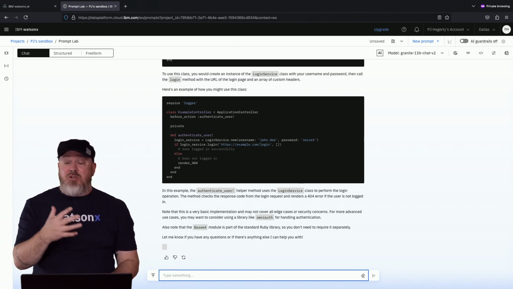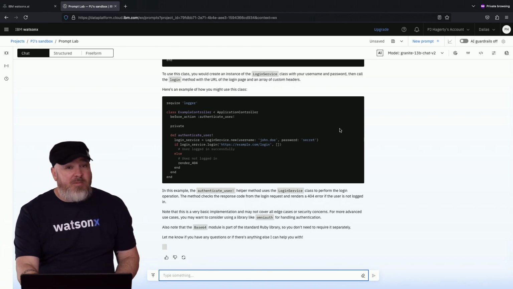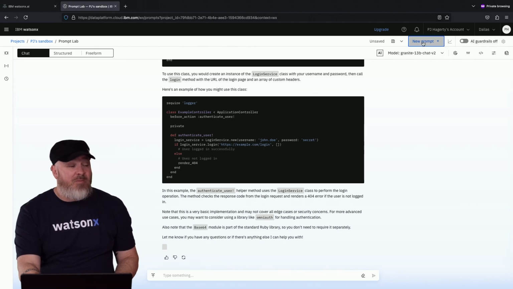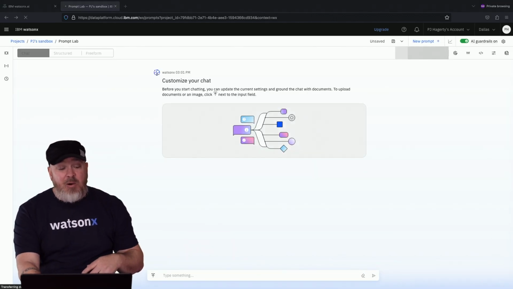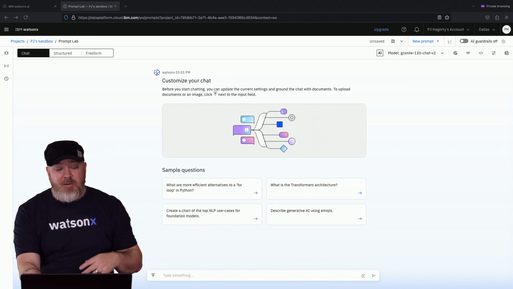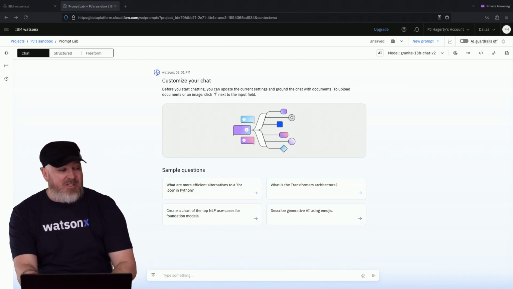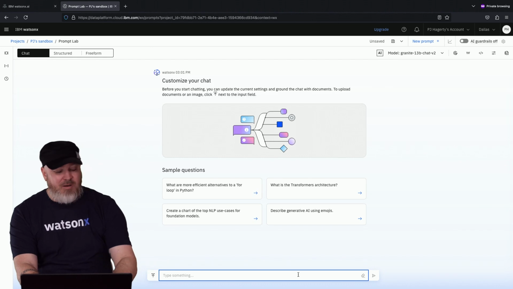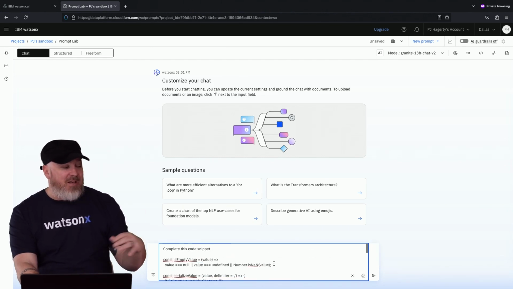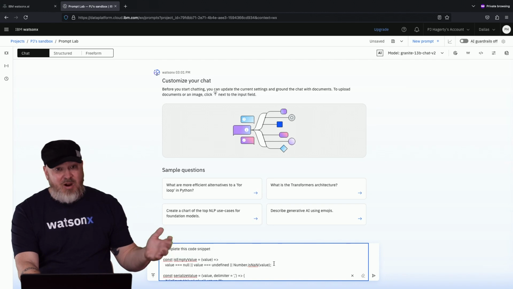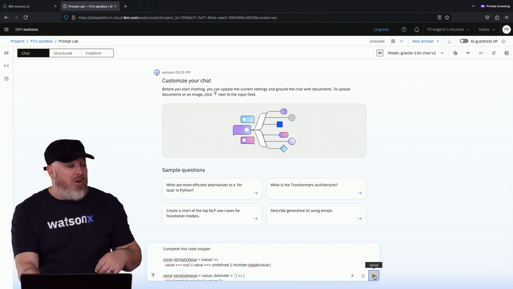So for this example, we're going to use JavaScript. And this prompt is going to help us to generate missing code from a snippet. So kind of bringing us back around to the beginning where we had a code snippet and we understood what it did, but we wanted other people to understand. This time we have a code snippet and it's not really doing what we want. So we're going to ask Granite to help us to complete that code snippet. We say complete this code snippet, and because it's JavaScript, it already knows. So we go ahead and send it.